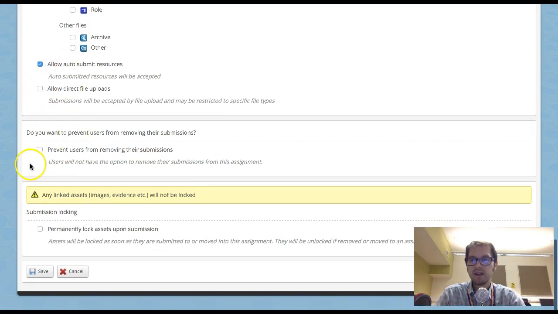That's fine. The next option that you have is, do you want to prevent users from removing their submissions? So again, this is personal preference. I would leave it as default. Students have to go out of their way to remove their submission, so it's not something that they're likely to do accidentally, but if they have submitted the wrong thing, they have the ability to remove their own submission, which I think is quite useful. But you can prevent them from doing that if you want, if you tick that box,